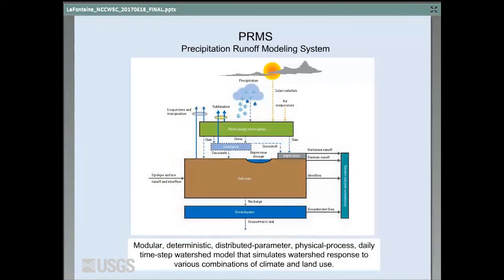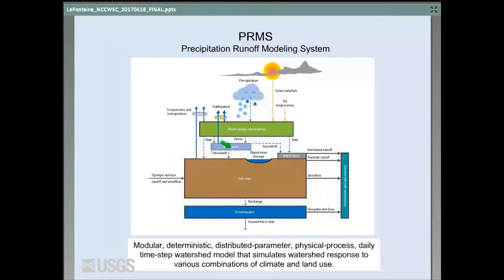So switching to the Precipitation-Runoff Modeling System, which is the daily time step hydrologic model. So here's a schematic of it. So more boxes, more processes represented than the water balance model. And each of these boxes here represents a different piece of the hydrologic cycle. And for some of these, there are multiple options, potentially for evapotranspiration methods or things like that. And so the model takes inputs of precipitation and temperature and computes the hydrologic response across